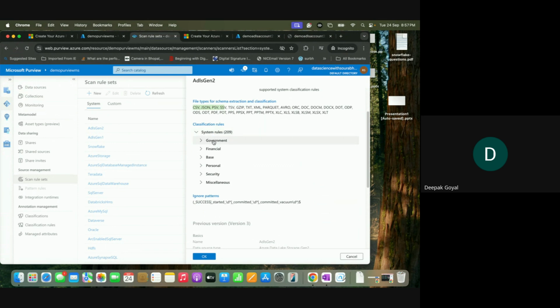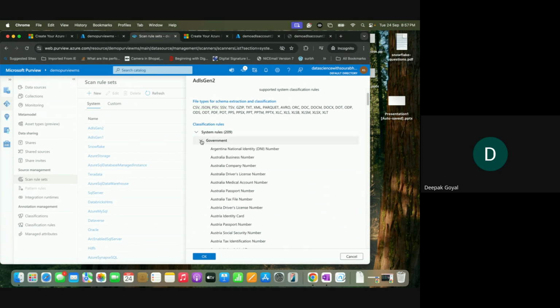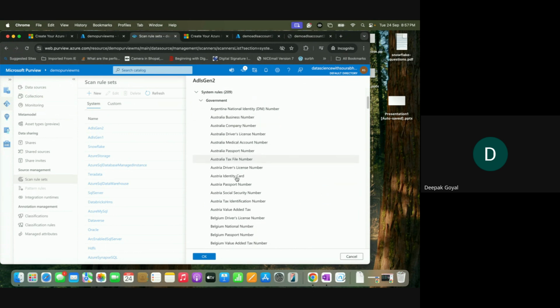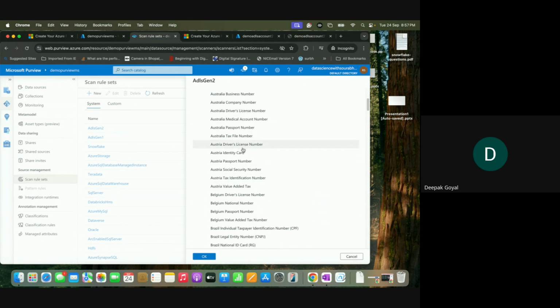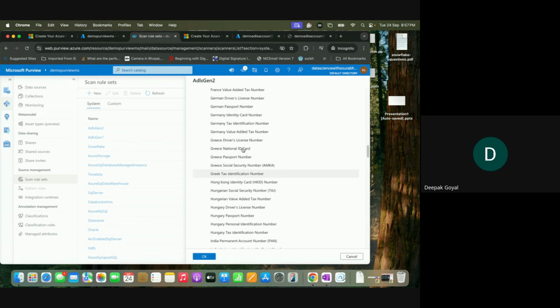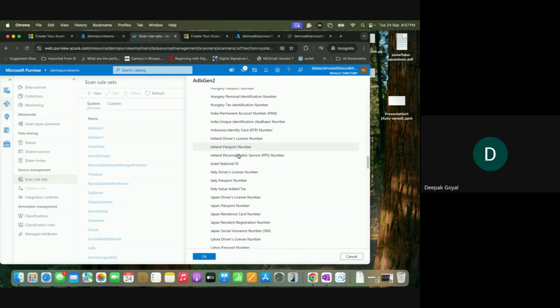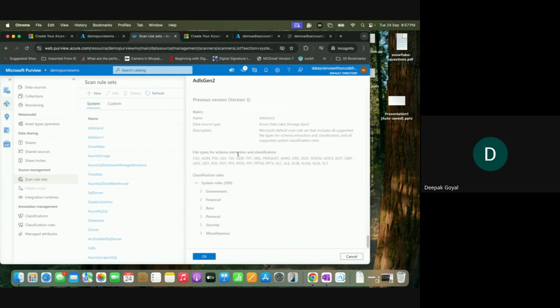In the classification rule, you have government, finance, base, personal, security, all. If I go to government, here you will see all the Australian company number, plate, driver license, Brazilian, Canadian, European. Here you will find all the European passport, and so on. All this data is